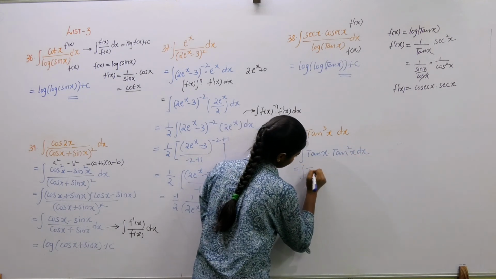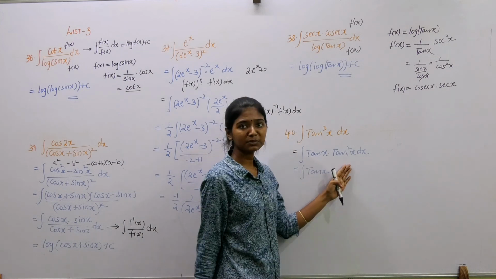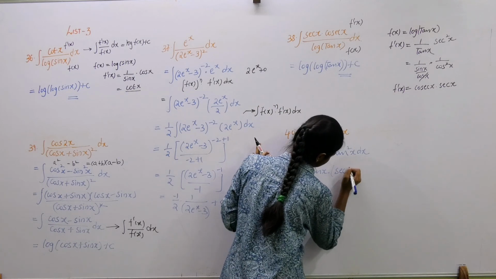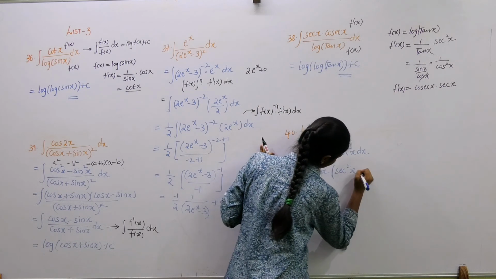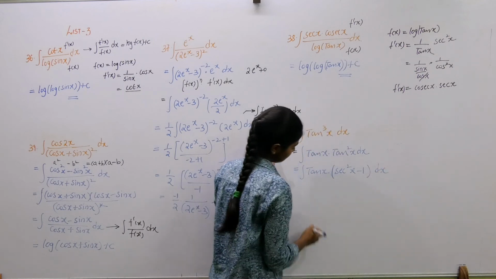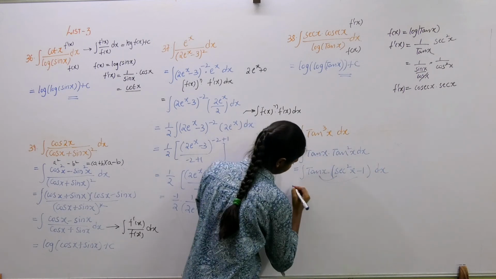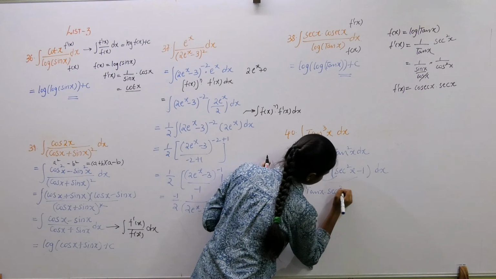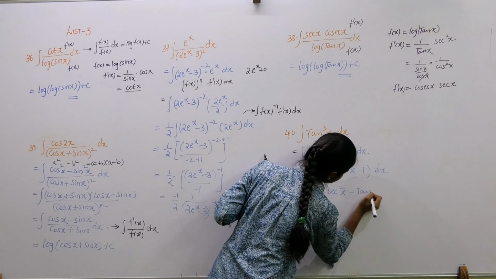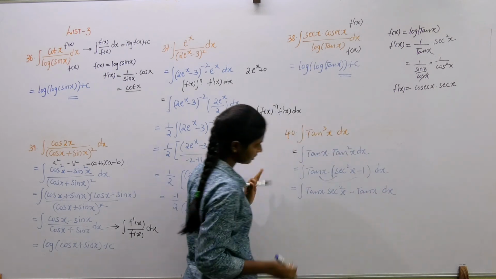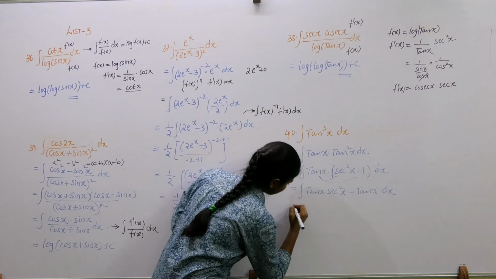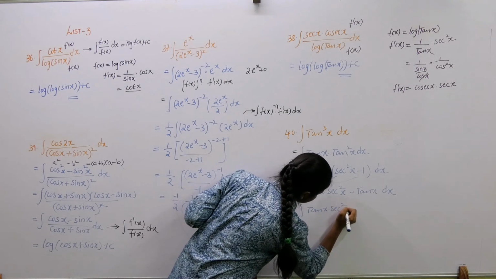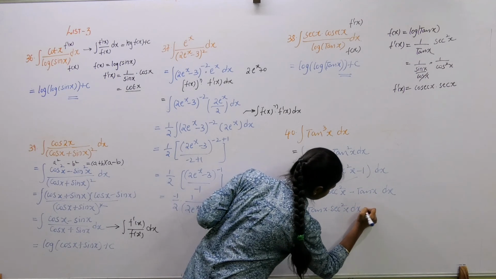This equals the integral of tan x into, from the trigonometric identities, tan square x can be written as secant square x minus 1 dx. Now multiplying tan x, we have integral tan x secant square x minus tan x dx. Now separating integration for each term, we have integral tan x secant square x dx minus